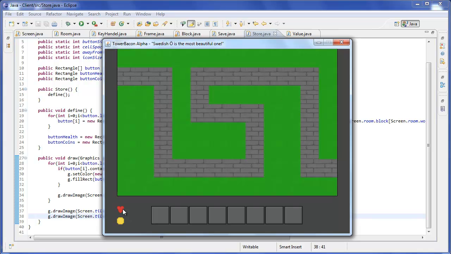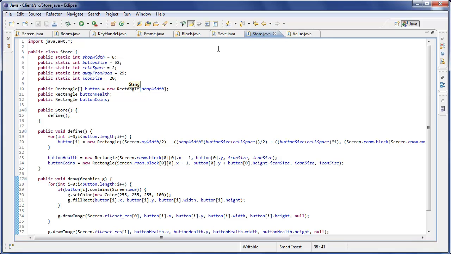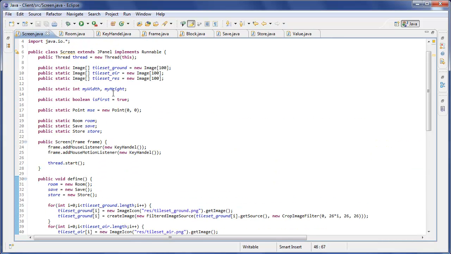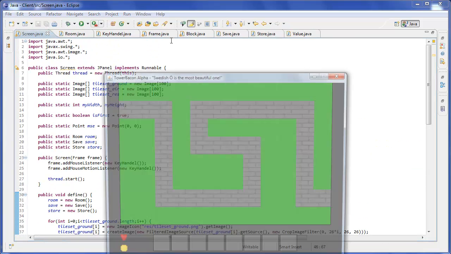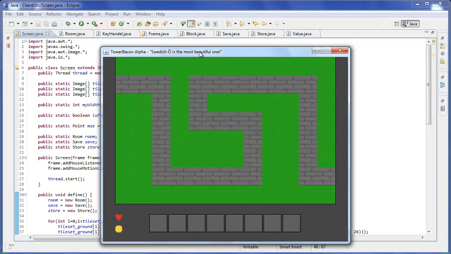Now we want, after these two things, we basically wanted to say how much health we've got and how much coins we've got. Now you might ask yourself, but how would I fix this? Like, yeah, might be a little bit hard in the beginning. So this is where the fun part actually starts. In order to see the health and the coins, we actually want to have kind of counting variables for them, or counting